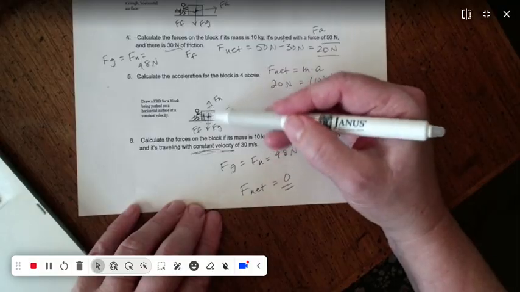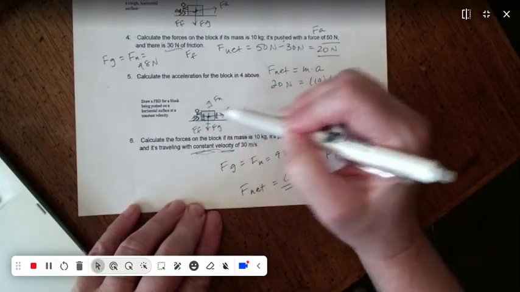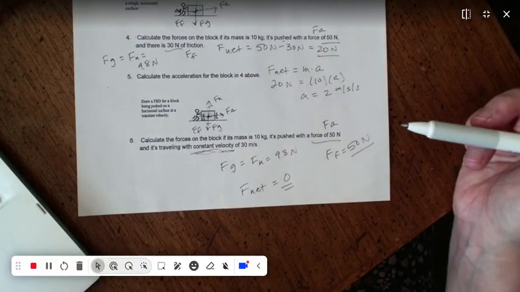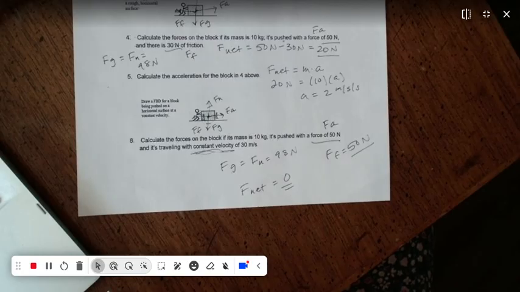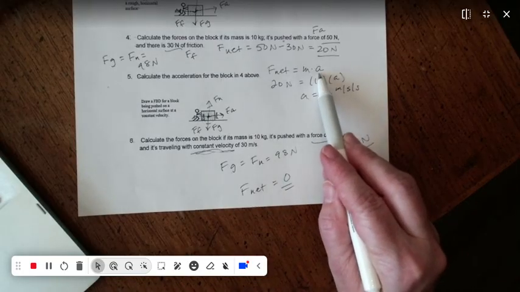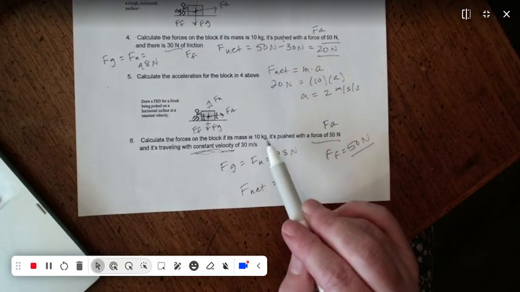So these forces balance, these forces balance. My y forces and my x forces both balance out because I'm at a constant velocity. If I'm at a constant velocity, acceleration is 0. So that means net force is 0. Okay,